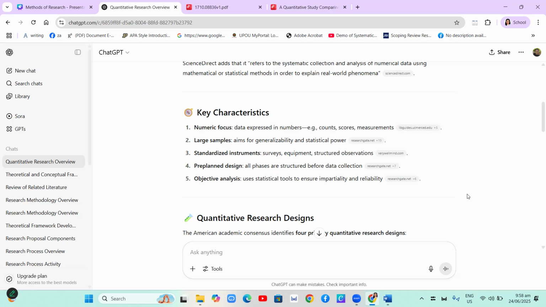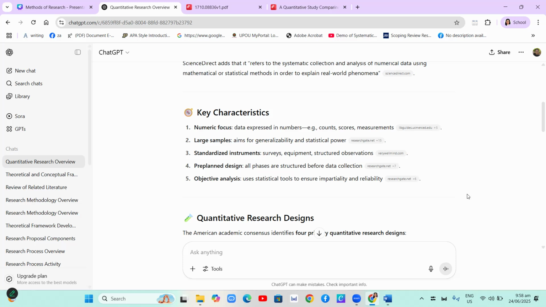It is called experimental or quasi-experimental method because you are trying to analyze large samples of data, because the more samples or the more participants, the more valid the research will be. Okay? And number three, standardized instruments.